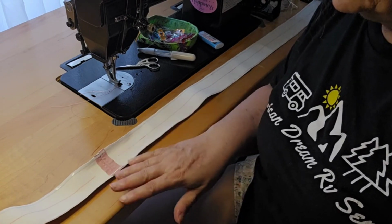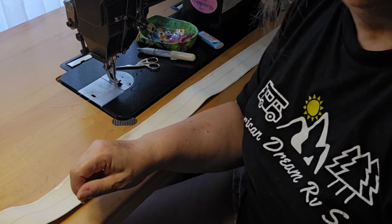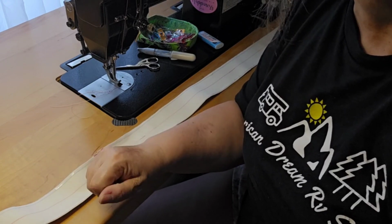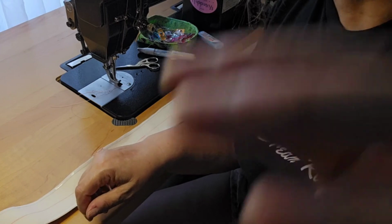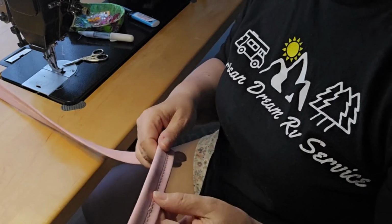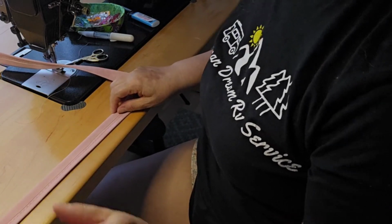Okay, so I'm going to take that off, take the paper off, and do all the folding offline, and then I will come back and show you how to sew it, okay? So what we're going to do is we're going to take this. So first of all,